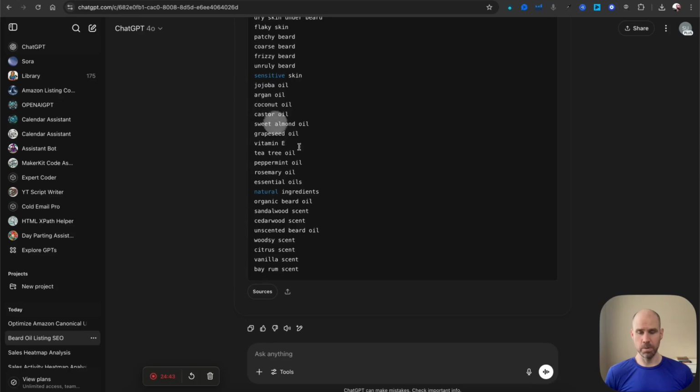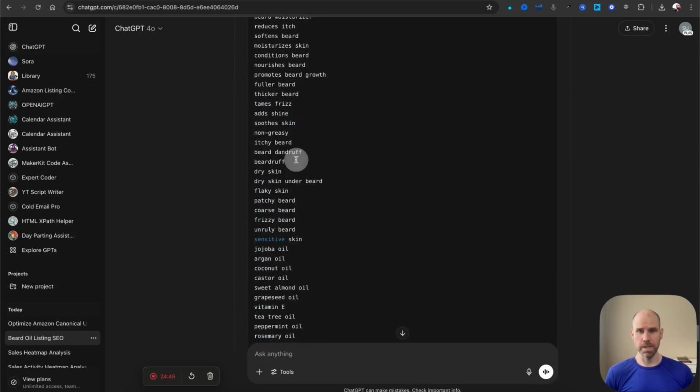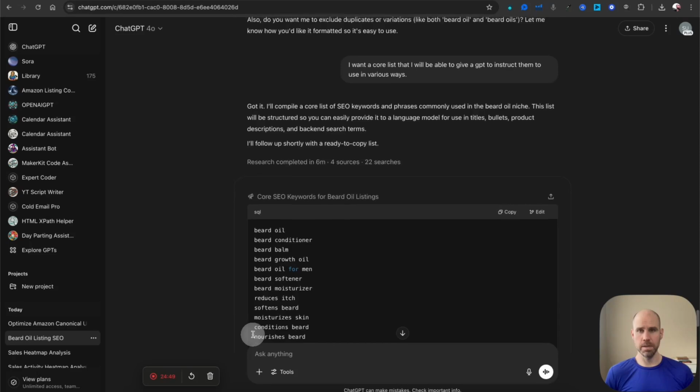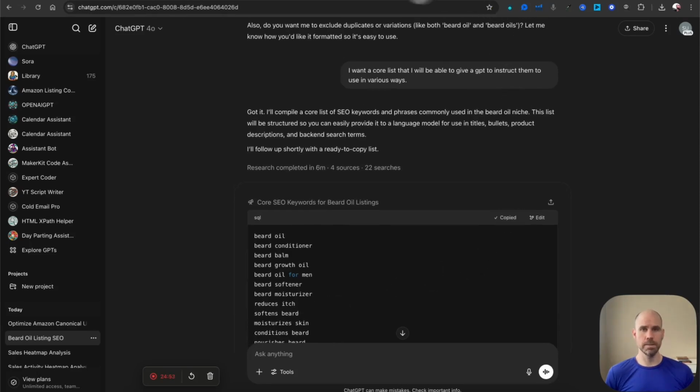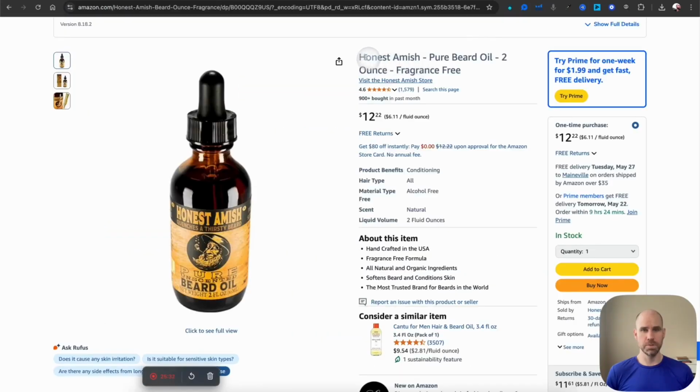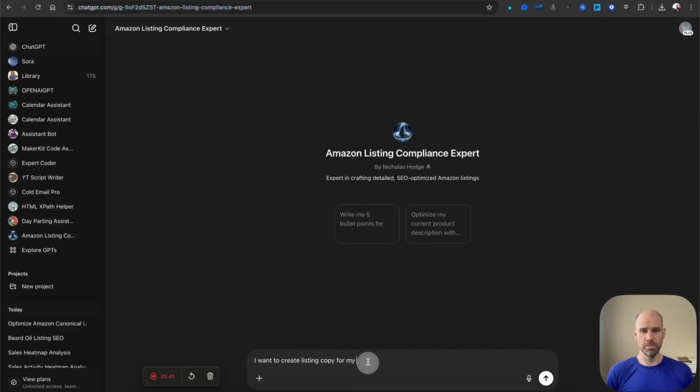For this example, we're going to grab our standard list here, and we're going to add this in. So let's go ahead and copy that. Okay, and we're going to go to our compliance expert, and we're going to create listing copy for my beard oil. Again, Honest Amish Pure Beard Oil. We're just going to grab this for my Honest fragrance free. And we're going to say,